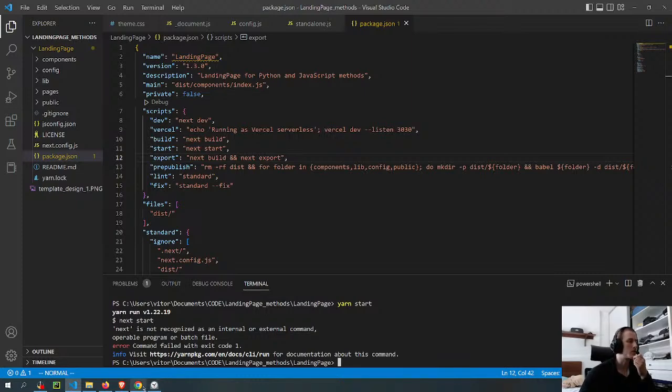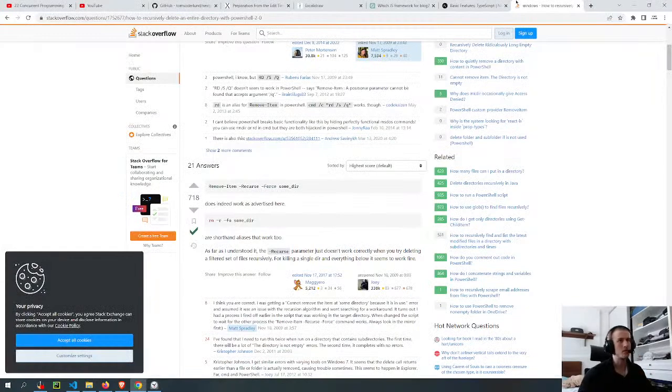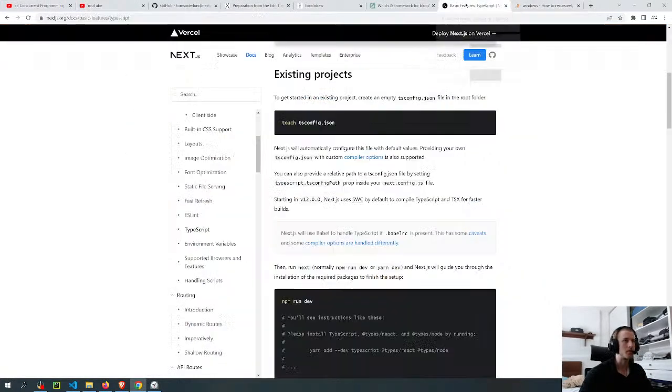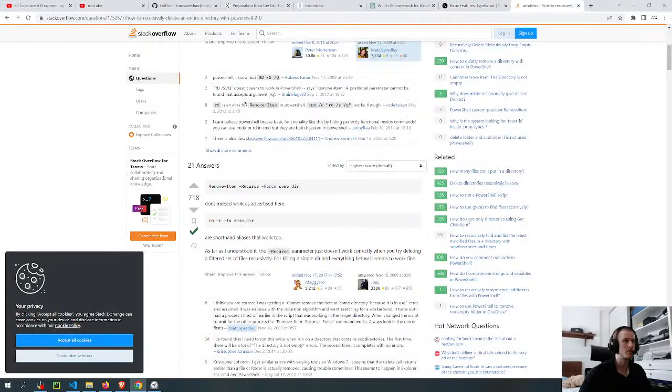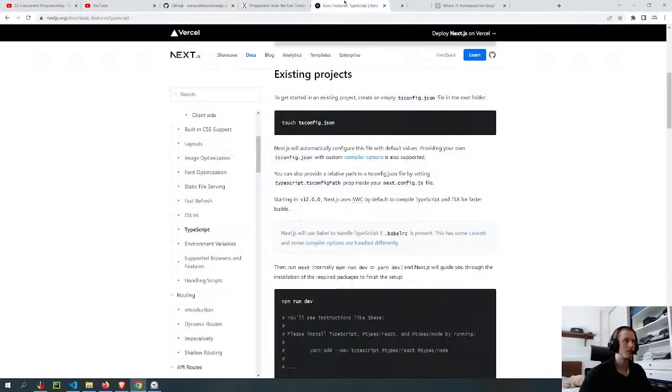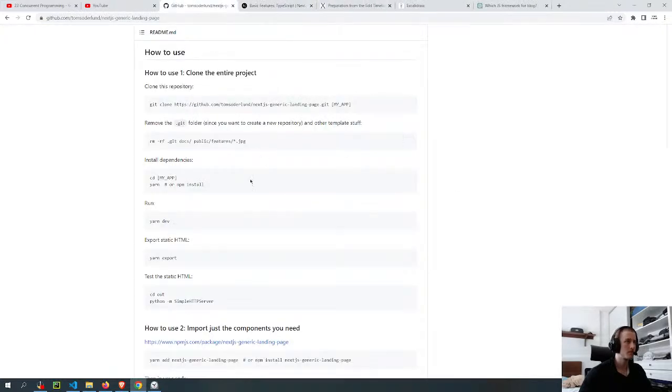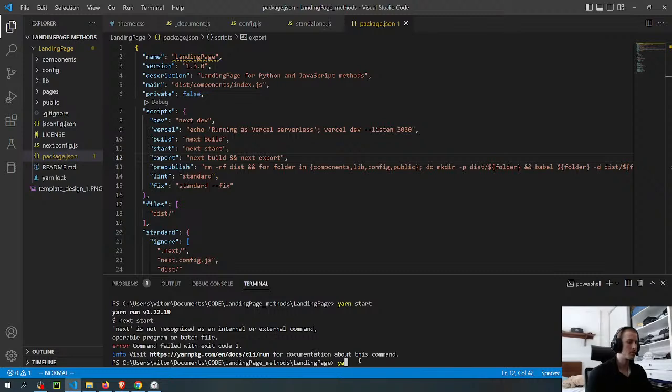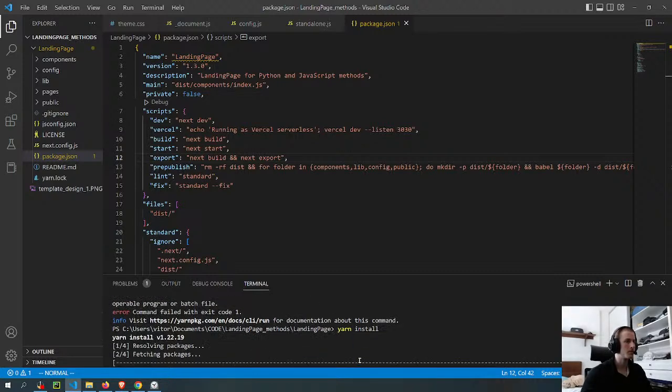Oh, there's probably something on the repository that talks about that. Oh yeah, I have to install the dependencies. So I wonder if it's gonna work. I think after installing everything it should work.